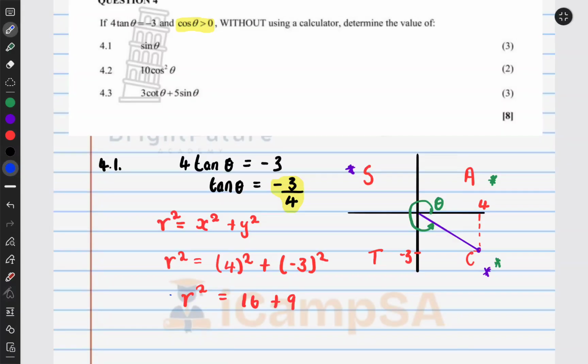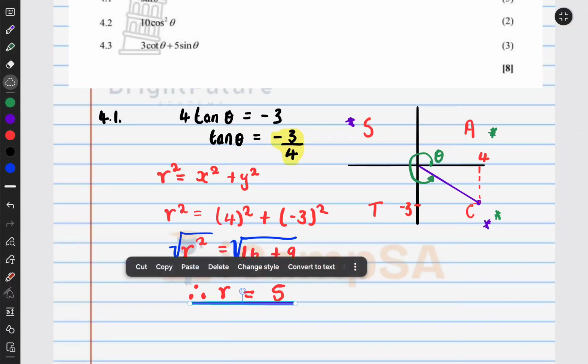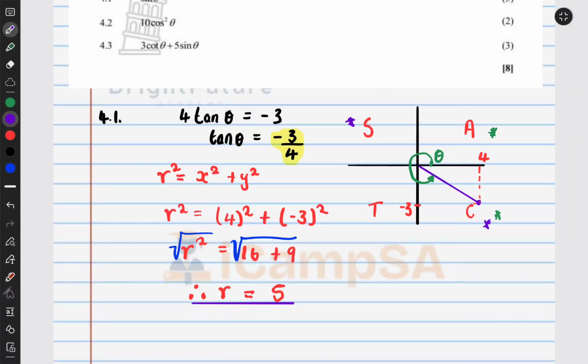We introduce a square root on both sides. Therefore, r, the terminal arm, is gonna be what? 16 plus 9 is 25. Square root of 25 is 5. And that is your answer. Once you have this, you can now actually evaluate